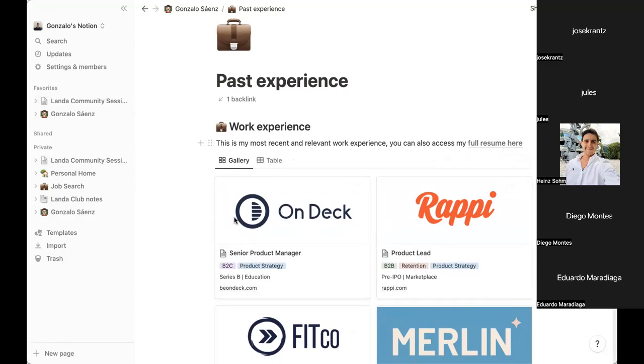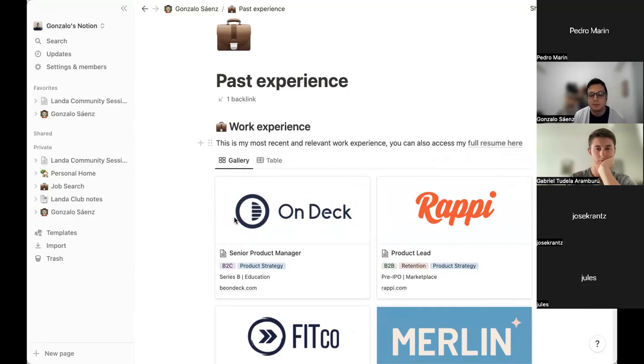And they also allow you to use a custom URL or a custom domain. Notion currently lets you do that, but it works with redirection, and it also generates pretty URLs. So you can have your site that is, for example, in mine it's gonzalosaenz.me. If you want to go to my past experience, it changes to work experience. So it gives you a lot more tools so you can build a better website.